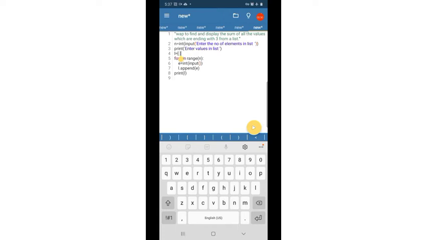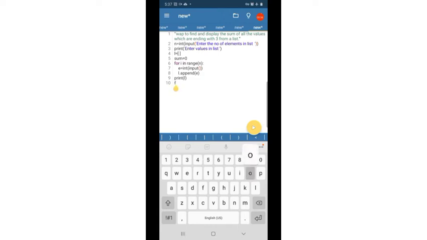Now I create a variable sum and initialize it as 0, because always in Python before using a variable we have to initialize it as either 0 or 1. So in multiplications we always initialize it as 1, but here we are doing addition, so initialize it as 0. So by giving a value we can initialize a variable.